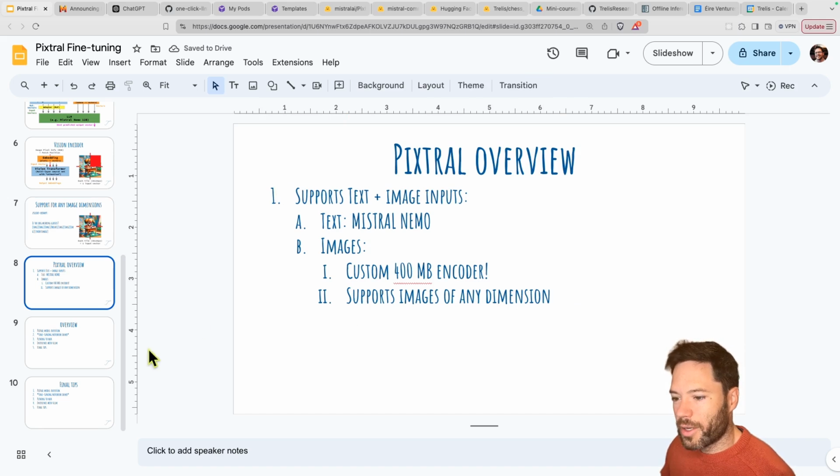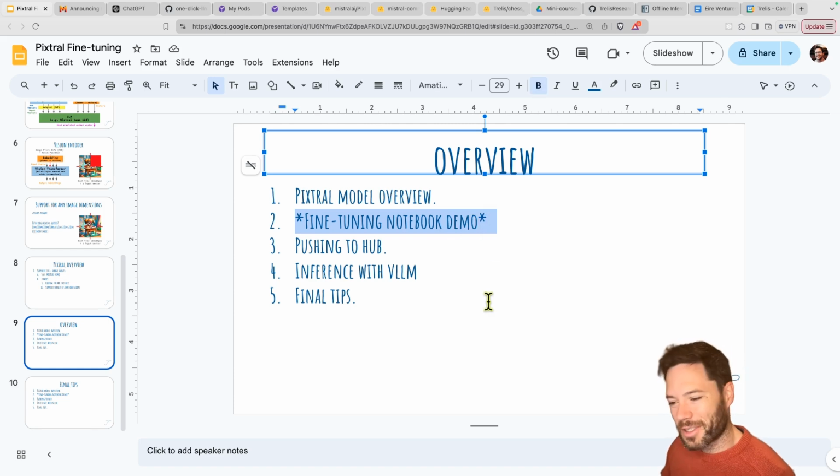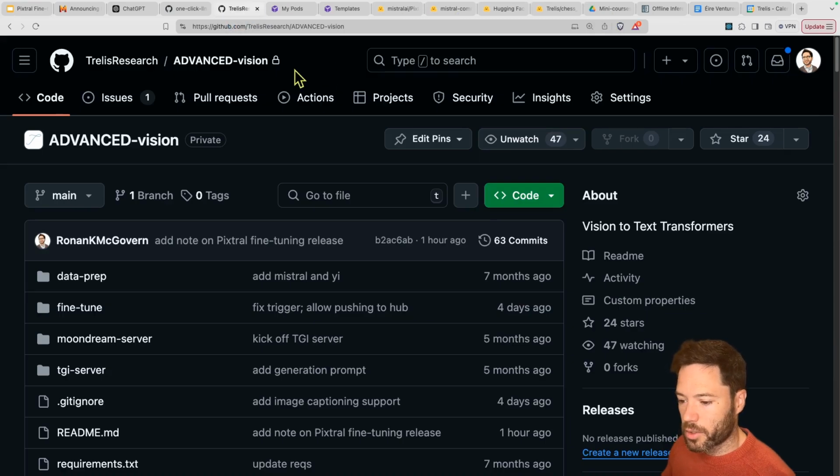With that, we're ready to move on to a demo of the notebook, a demo of the fine-tuning itself. Here I'm going to take a data set and fine-tune Pixtral to see if I can improve the performance on that test data set. The way I'm going to do it is using a script from the Advanced Vision repo. This is a Trellis private repository. You can purchase lifetime access to it if you go to